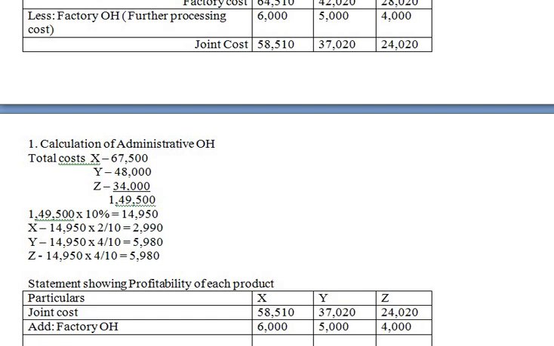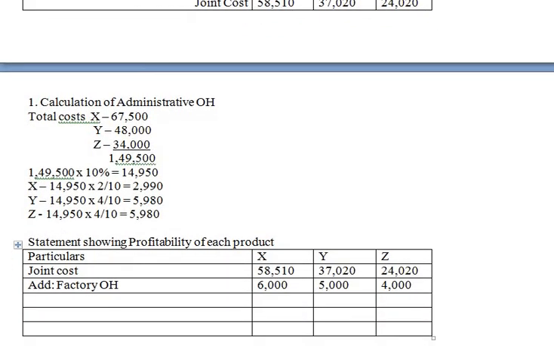Remember, we are doing it in reverse format of the previous statement, because we need to find out how much is the profit. Now this is called works cost.